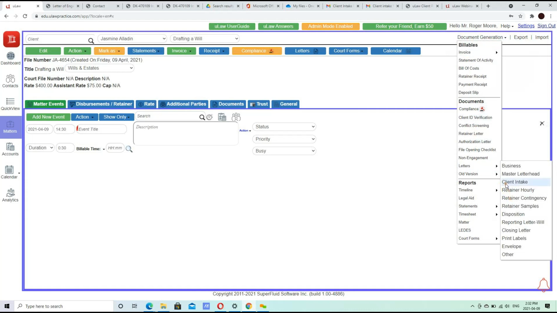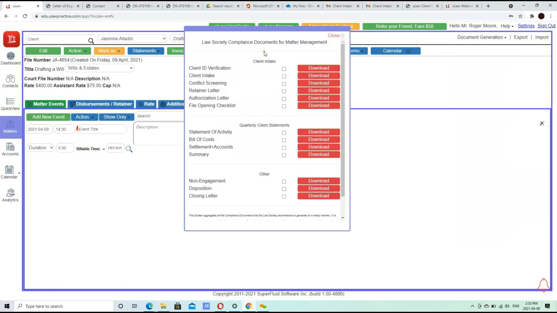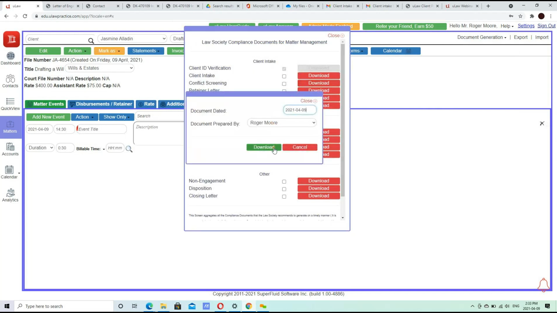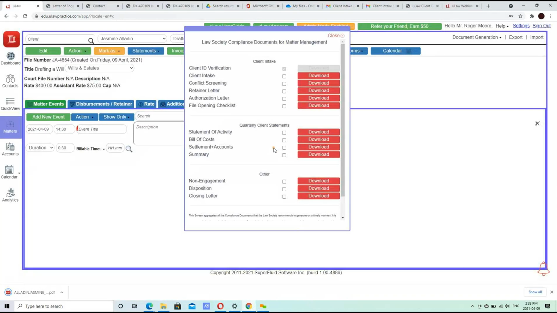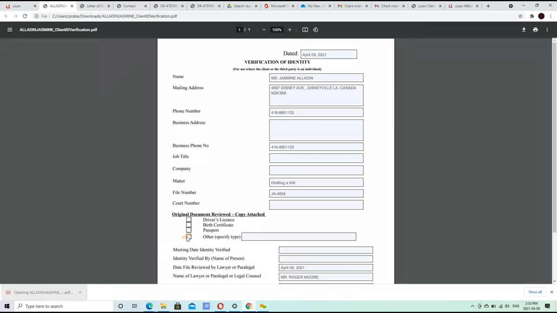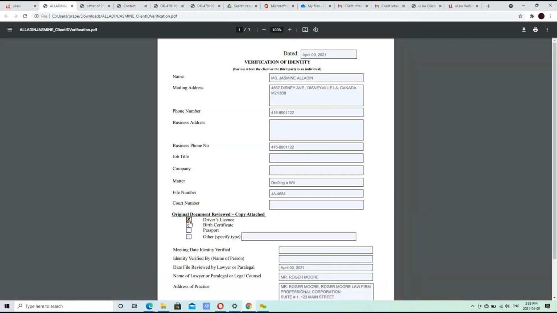Right? You can have documents that support it. If you're looking for other types of compliance documents right at the matter level, you can generate it at a click of a button. If you want to produce a client ID verification document, which is a law society compliant document that pretty much asks you